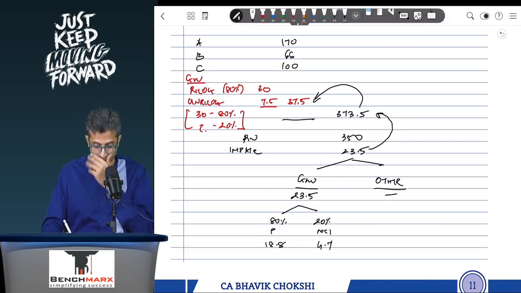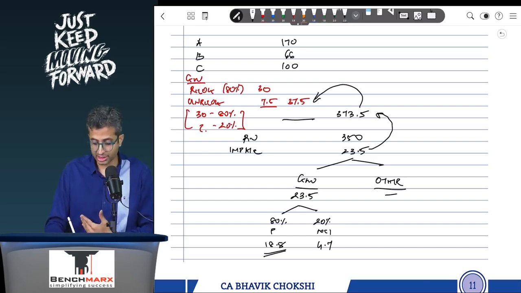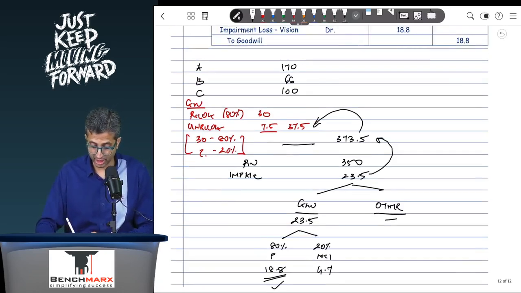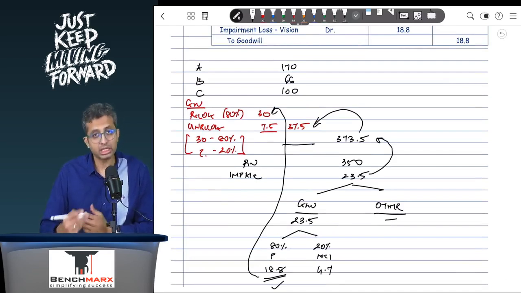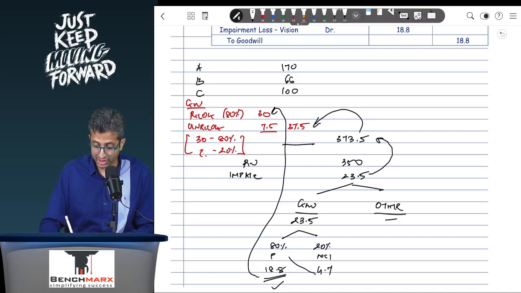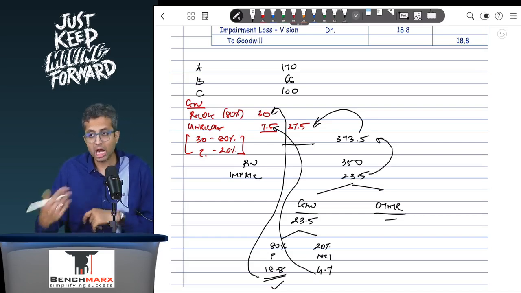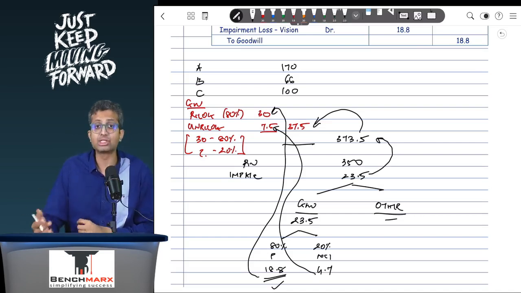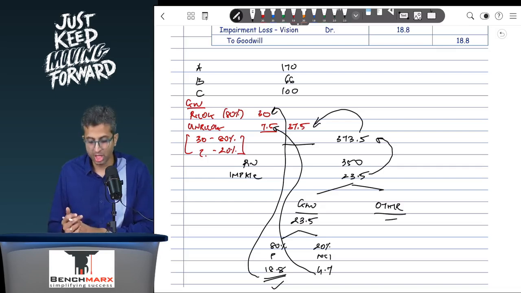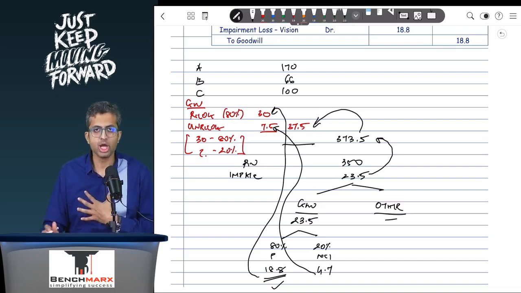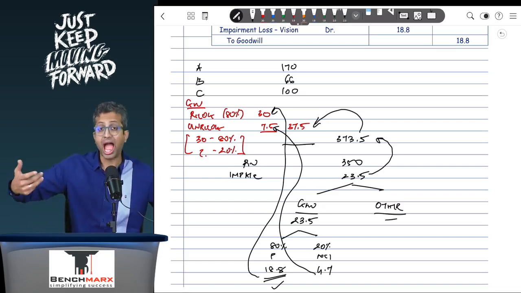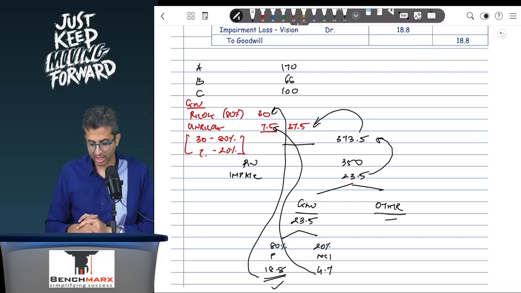So will you record an entry to write off 18.8? Answer is yes, because this 18.8 comes out of this 30. 30 is there in your books. You can impair an asset which is appearing in your books. But this 4.7 comes out of this 7.5. Now this 7.5 is not appearing in my books. I can't impair a non-existent asset, and hence my impairment on goodwill will be 18.8. So in my ledger the goodwill appears at 30. Not 37.5, 30, and that 30 I will reduce by 18.8, and hence the remaining goodwill I think of 11.2